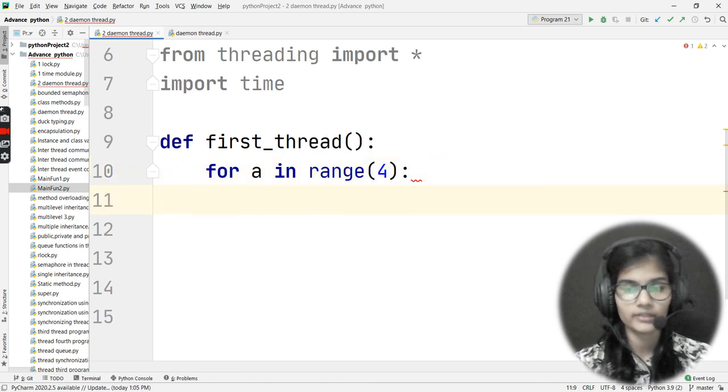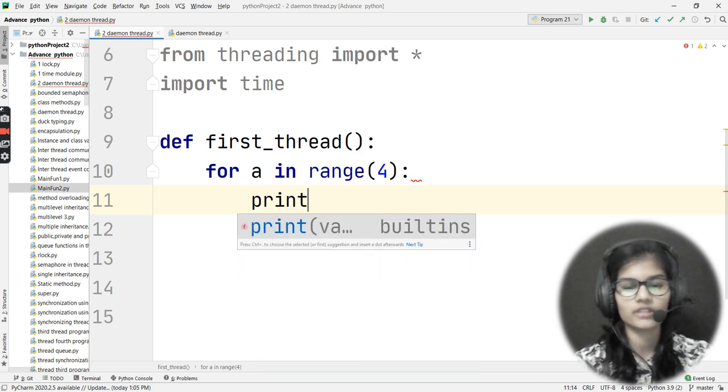So this is how we apply the for loop, right? We put a value between the for and the in, which refers to the indexing. So for a in range, and into the bracket I put a value. Whatever value I put inside the bracket, my for loop will execute that many times, right? So this is why we put a value here. Fine. Inside this I'll be printing out my thread